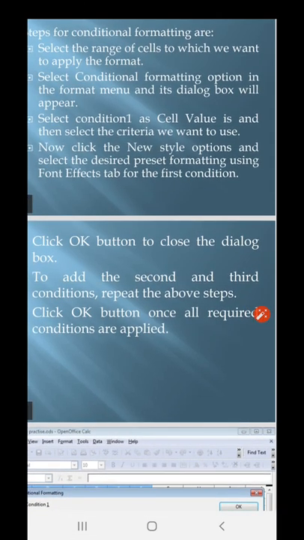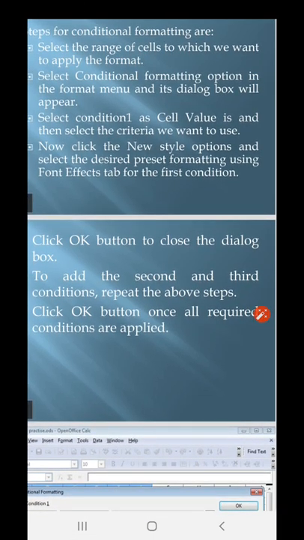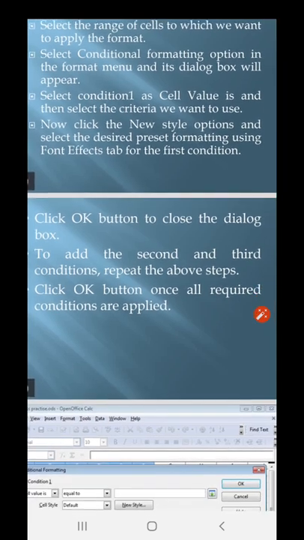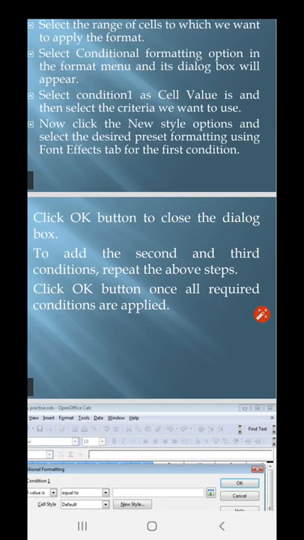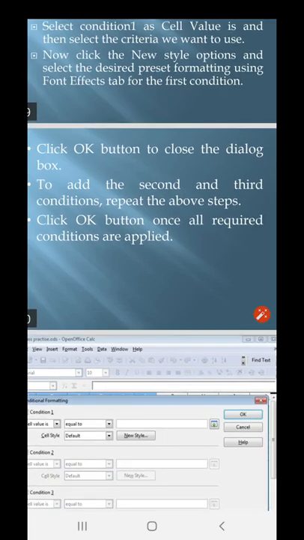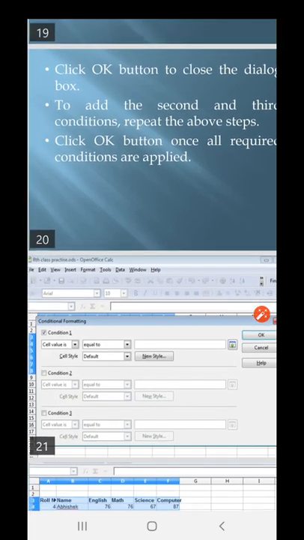Select Condition 1 as Cell value is, and then select the criteria we want to use. Now click the New Style option and select the desired formatting using the Font Effect tab for the first condition. Click the OK button to close the dialog box.